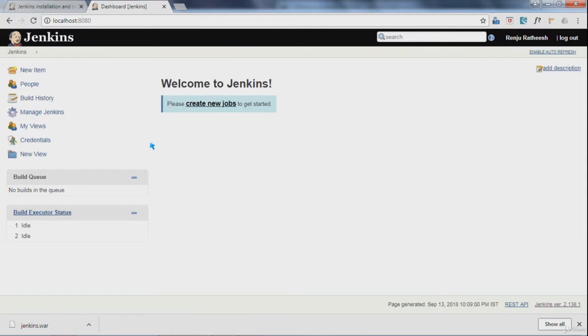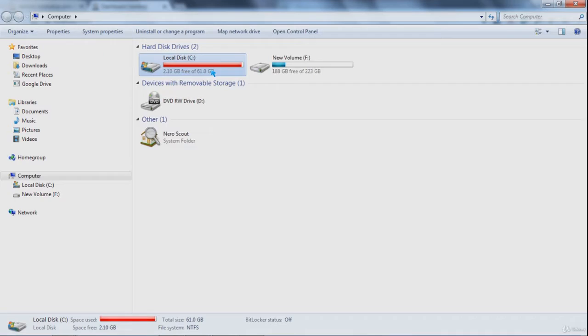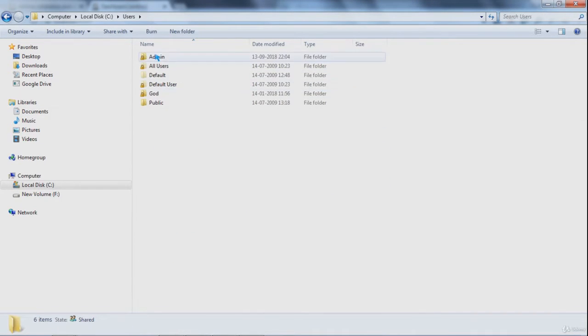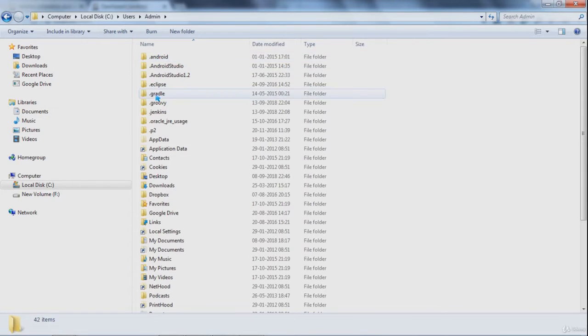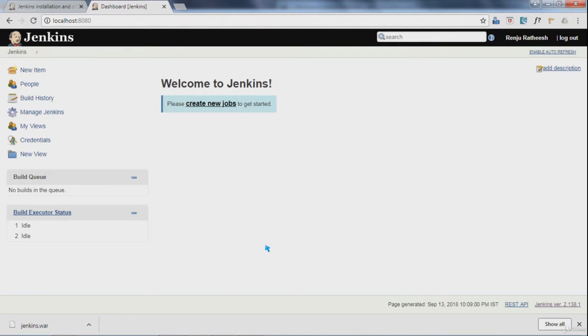Okay, great. We just saw how to use the jenkins.war file to install and set up Jenkins. Let's quickly go down to the folder here where Jenkins was installed. It was under users, admin, .jenkins. There you go. Here's the folder where Jenkins is right now installed. Jenkins is a web application which is running on Jetty and hence it is available for use as long as